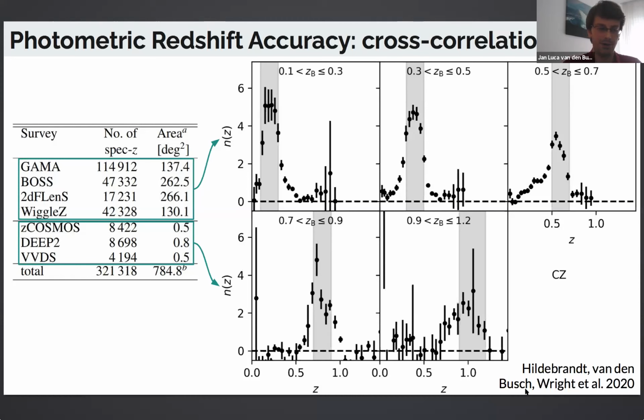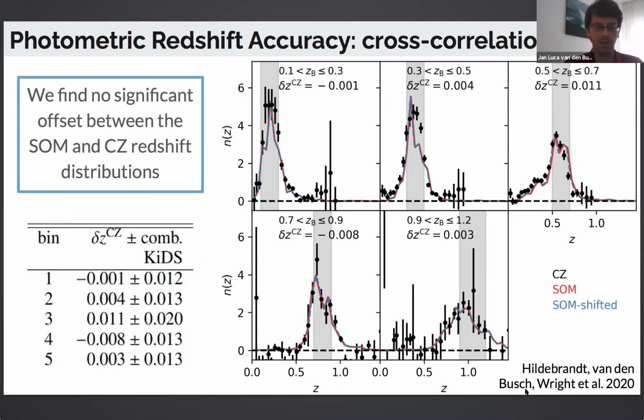This allows us to directly compare to the SOM redshift distributions, which are here shown now in red. And we validate our redshift calibration by fitting these SOM redshift distributions to the cross correlation data points while allowing them to slide along the redshift axis. The signal to noise ratio of the cross correlation redshift is high enough that the best fit shifted SOM redshift